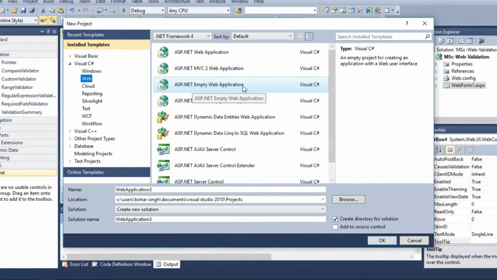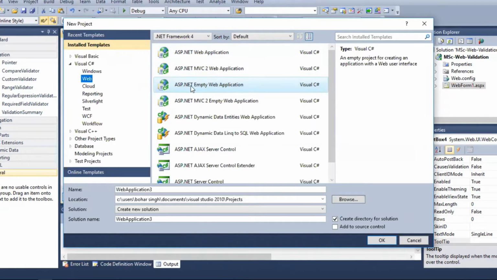If you select the ASP.NET Web Application, then inbuilt web pages are available in your project. If you select the ASP.NET Empty Web Application, then there are no web pages available, you have to add them.